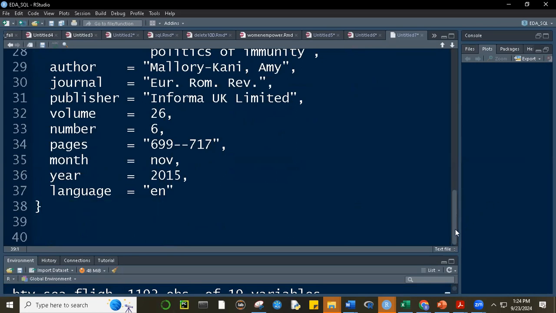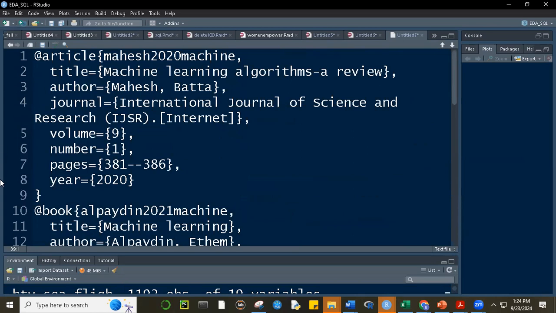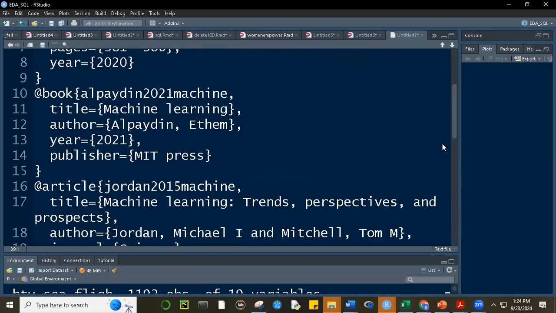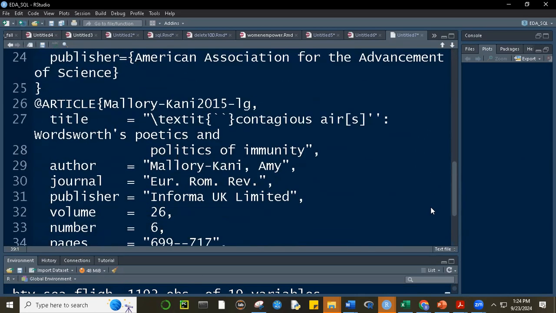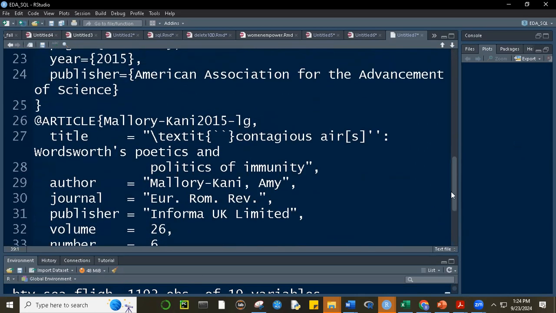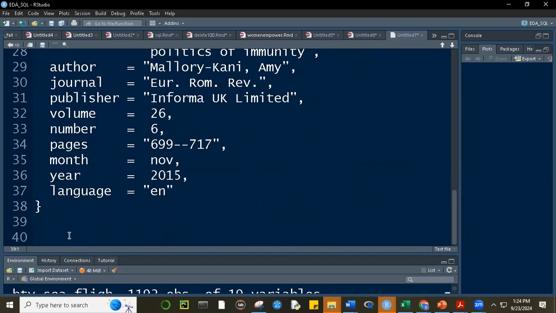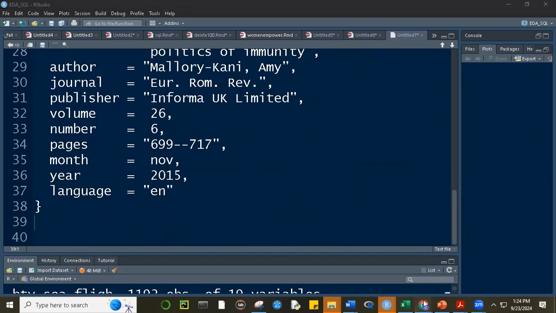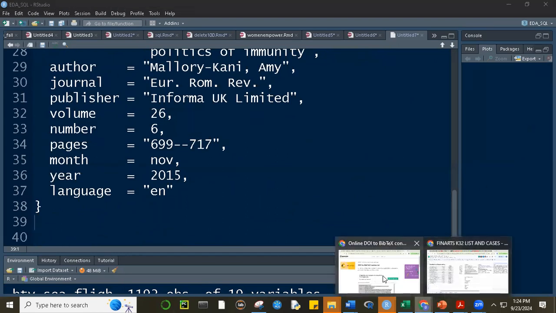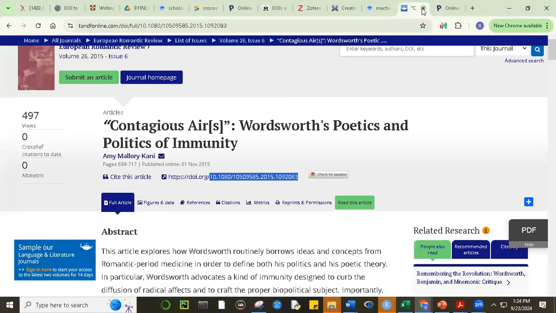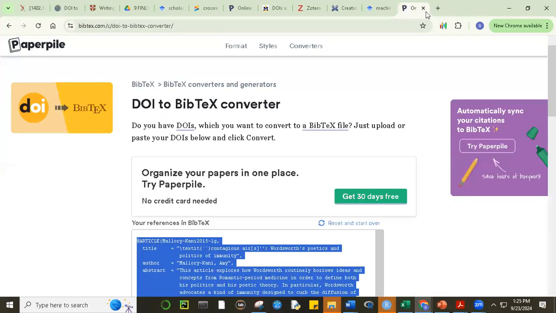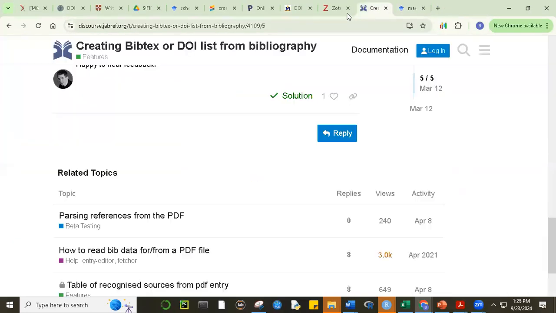Let me include another one. Okay, I have one, I have a book. I have this one article. I also have another article. Okay. The one that was converted from, and I'll include one more. Okay, I hope you're also looking at one for yourself. You just close these other windows. Okay, so